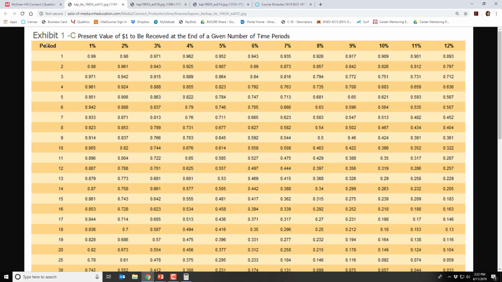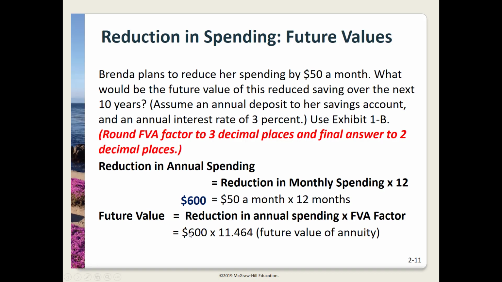So we look at our period, we're going to go down to 10 years, and we're looking at 3%, so going to the 3% column, and then moving down until we get to the 10-year row. Our factor is 11.464. So plugging our information into our formula, so our $600 that we save annually multiplied by the factor of 11.464. Putting that into a calculator, we get